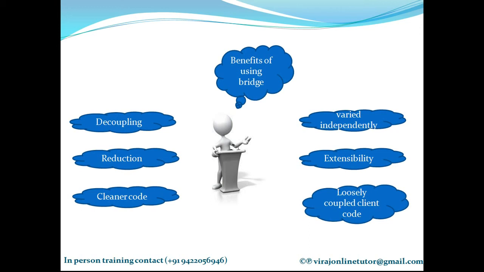Now that we have seen the benefits of the bridge, there will definitely be some drawbacks as well, right? So the first drawback of bridge pattern is double indirection. Because now I have two different class hierarchies. To go to implementation, I have to go through interface. So double indirection. First indirection to reach the interface, second indirection to reach the implementation.